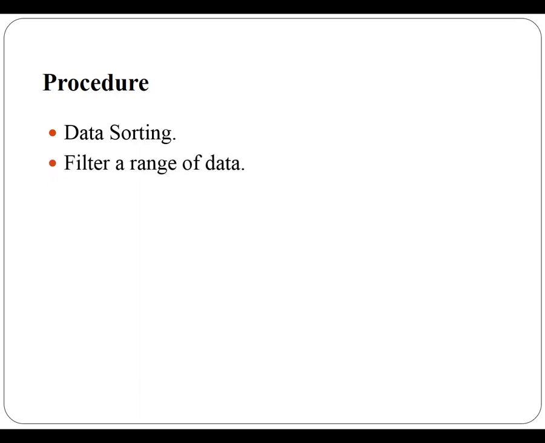Second, you can filter a range of data. To perform this operation, you have to select the relevant option to activate the filter command. A drop down arrow will appear in the header cell for each column. Then click the drop down arrow for the column you want to filter. The filter menu will appear. Select or specify the filter criteria. When you are done, click on the OK button. The worksheet data will be filtered according to your search term.